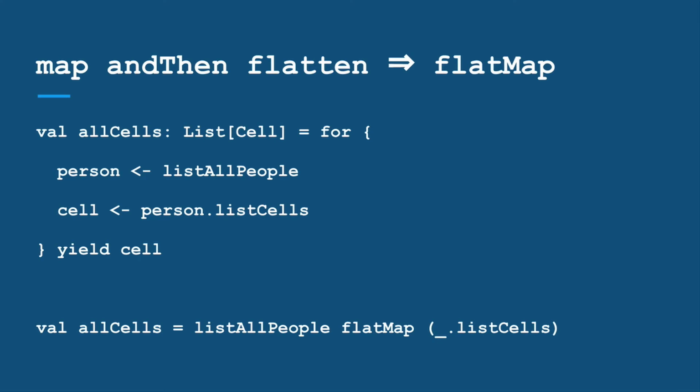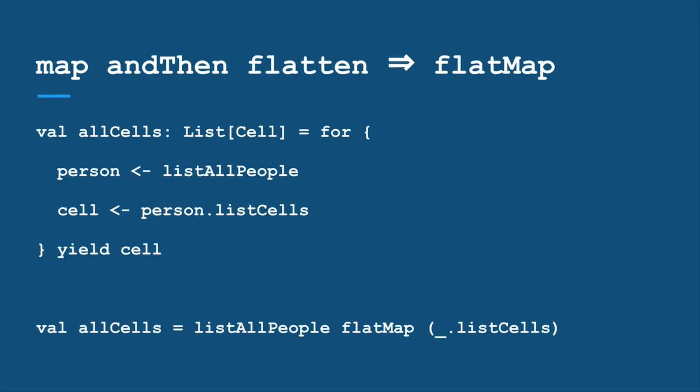A popular alternative definition of monad is through flatMap. From a category theory point of view, what's flatMap? Apply map and then flatten. So that's what it does, right? Instead of rewriting them separately, suppose we have some data of different types. First we do mapping, and then we flatten it.